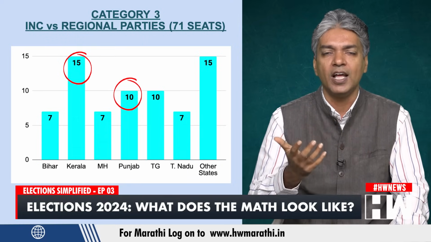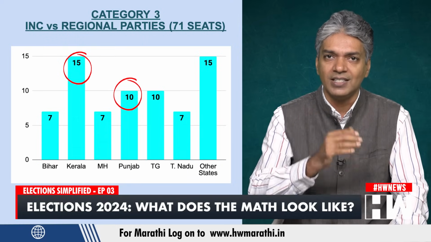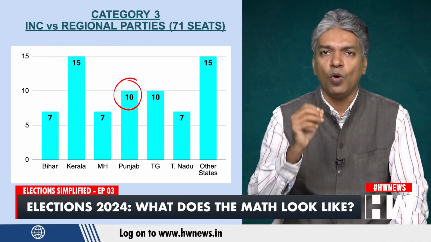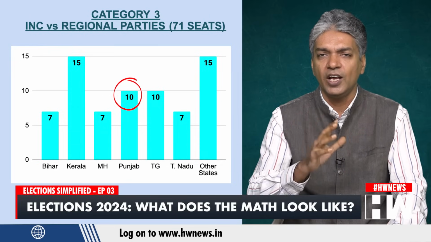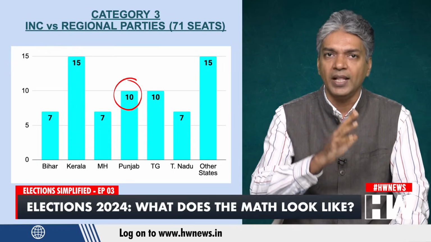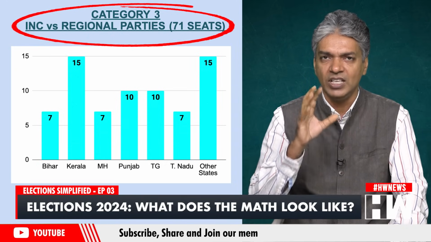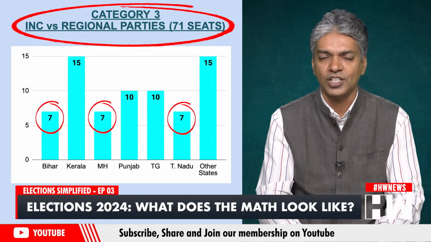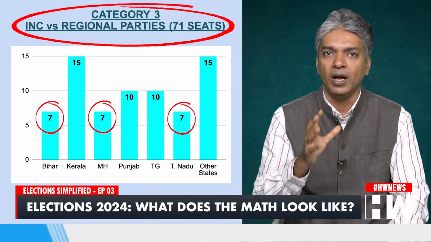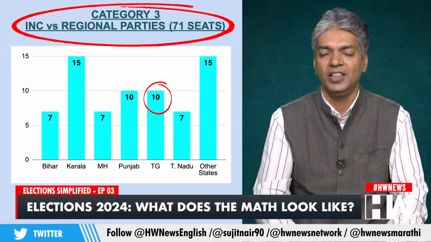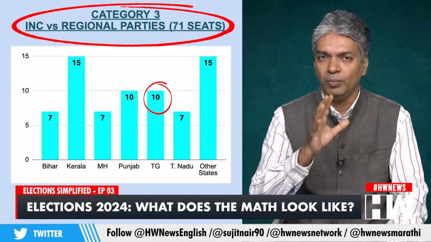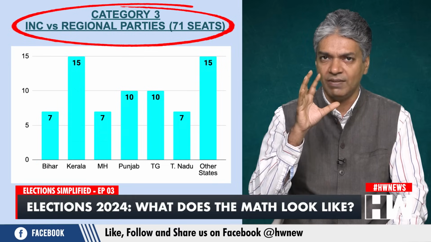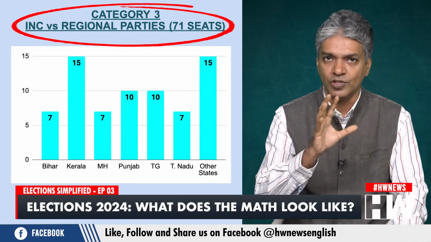But the good part for the INDIA bloc is that whoever wins these seats is likely to oppose the BJP, and the chances of the BJP in Kerala are minimal. In Punjab also a similar situation prevails, where there could be a friendly fight between the AAP and the Congress party. In most states of these 71 seats, the alliances are already in place, like Tamil Nadu, Bihar, Maharashtra, while there are new alliances shaping up in Kerala and Punjab. In Telangana, there is no alliance possible because the BRS has decided to stay out of the INDIA bloc. So on the 71 seats, the impact of alliances will be visible.